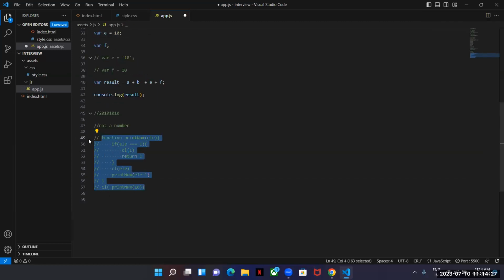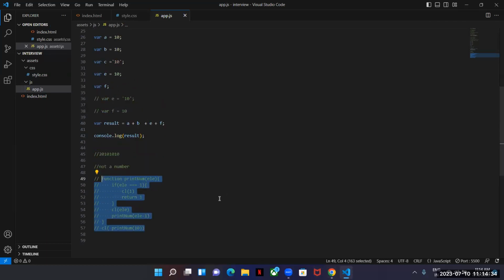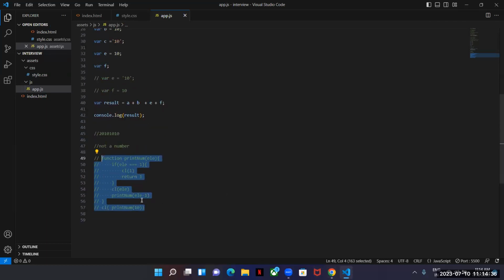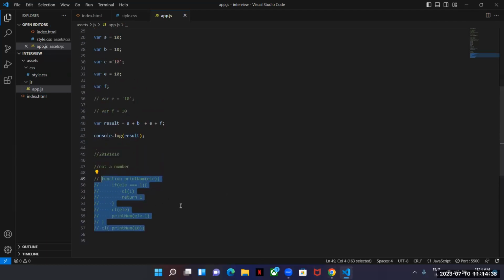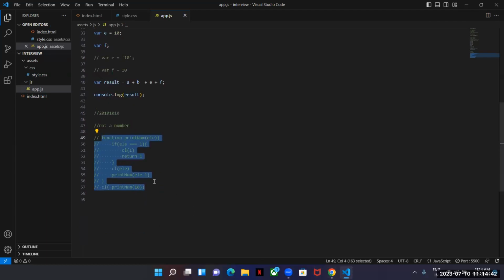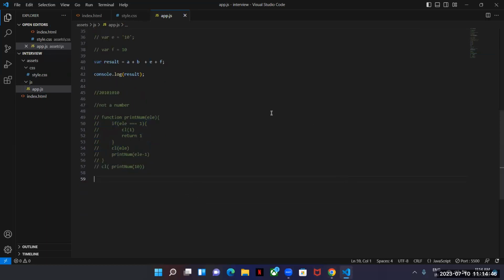Now, tell me what is the difference between factory function and constructor function?